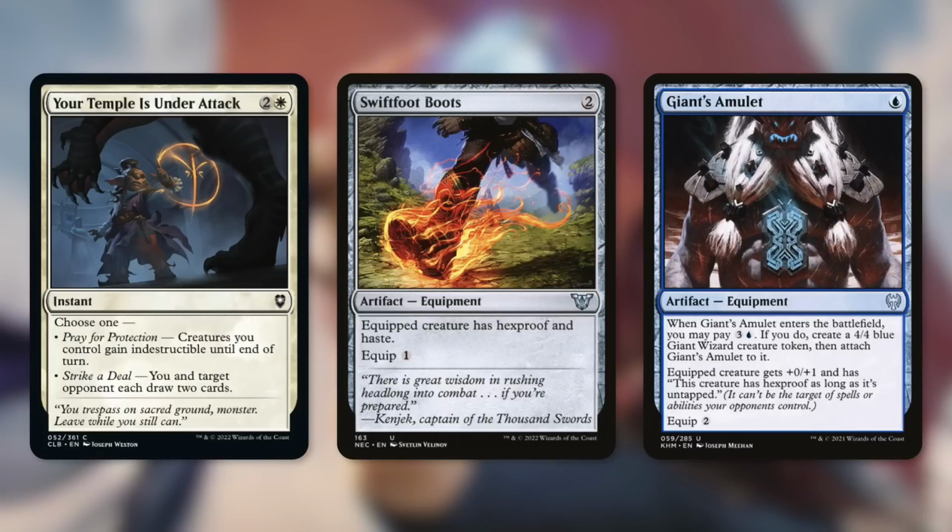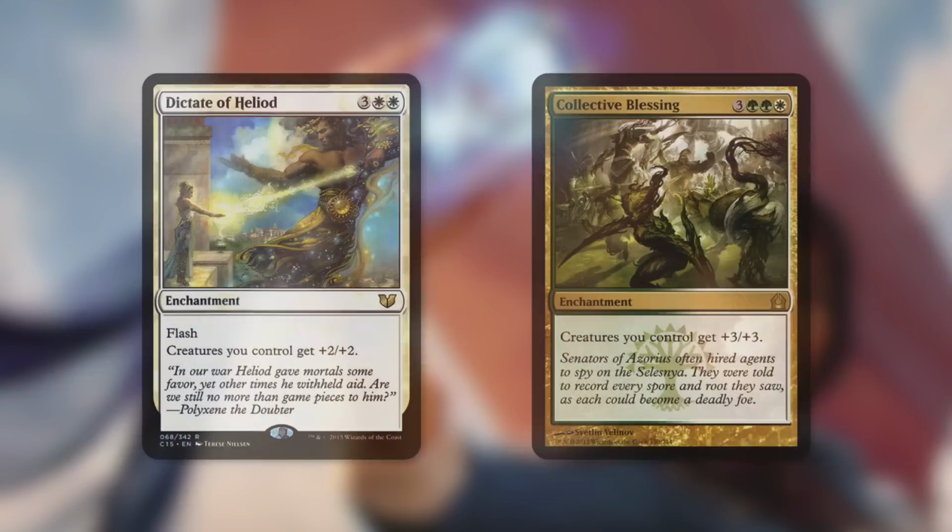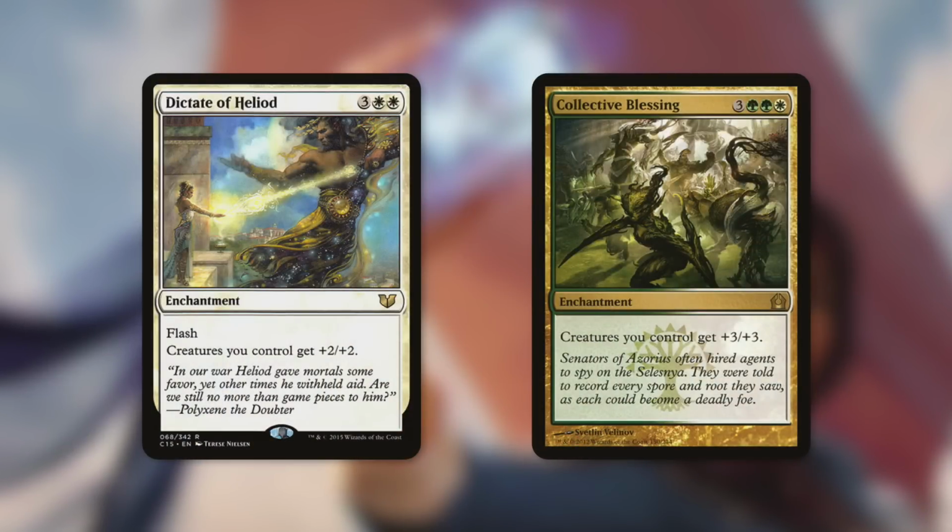But of course, we've got some ways to protect our commander as well with Swiftfoot Boots, which is going to give it hexproof and haste, and Guardian's Amulet, which gives it +0/+1 and hexproof as long as it's untapped. Finally, though, we've got some ways to pump our commander and our entire team with cards like Dictate of Heliod